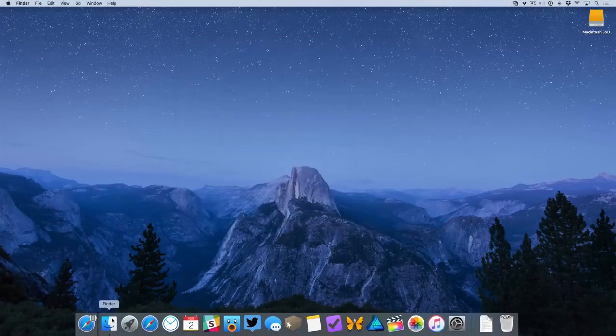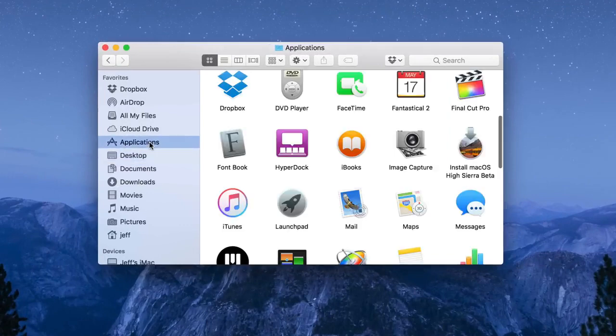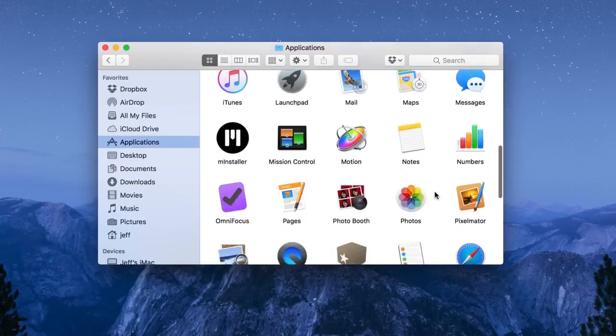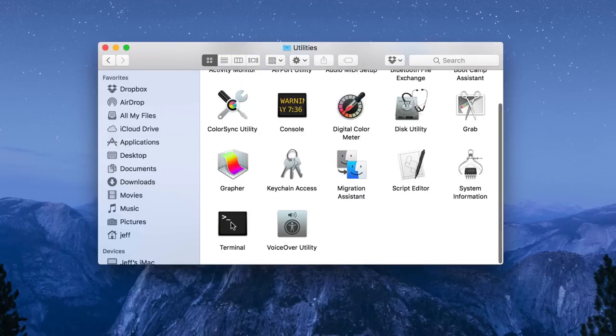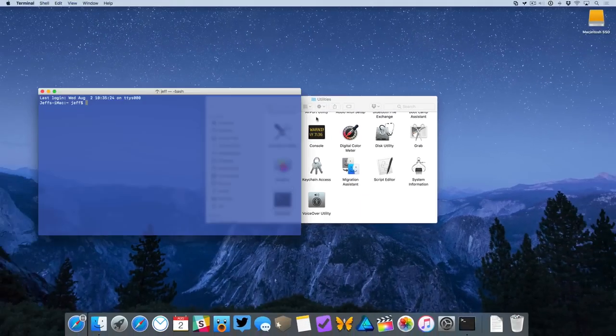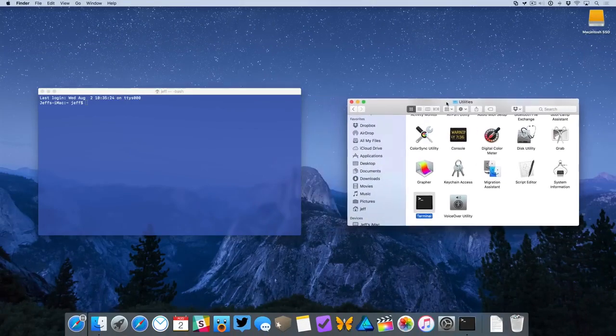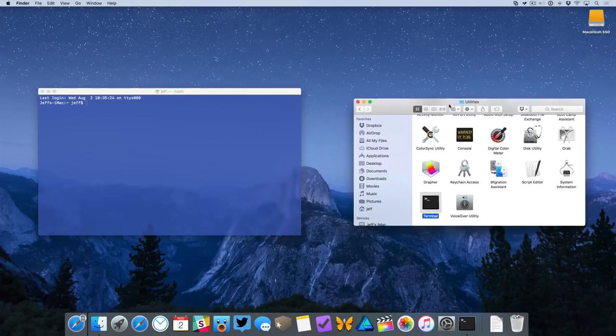Next, you want to open up a Finder window, and then click on the Applications folder, and scroll down until you see the Utilities folder. Open up Utilities, and then double-click on Terminal to open up a terminal window. Alright, we want to slide this over to the side so we can see both windows on screen at once,